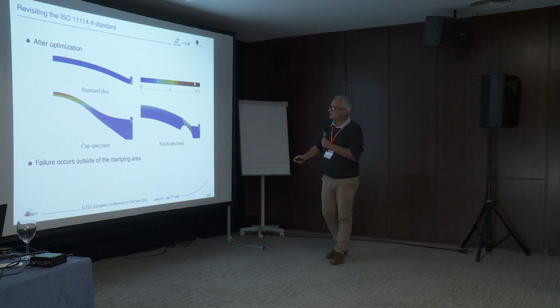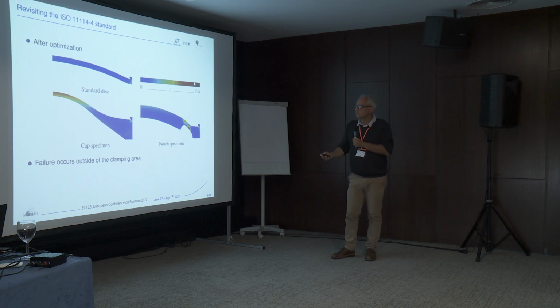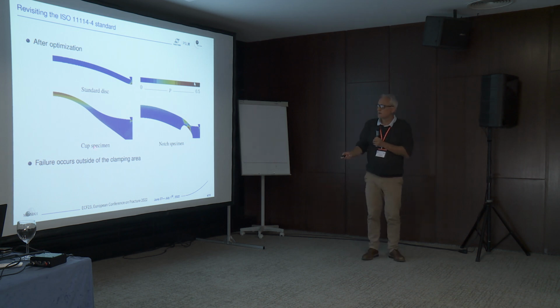The cup specimen, there's a little problem with the design and also with the initial design. It's because of the loading, you have a bending on a membrane stress. So because of this effect, you always get a larger plastic deformation on the side which is not pressurized. So in absence of hydrogen, for sure failure will occur on this side, which is not pressurized, but we don't care. The question is, what happens if you have hydrogen inside? Will it break from the inside because of hydrogen embrittlement, or will it break from the other side, which is